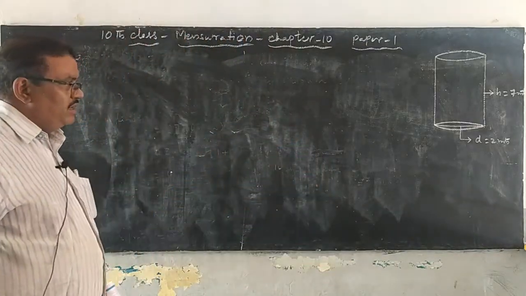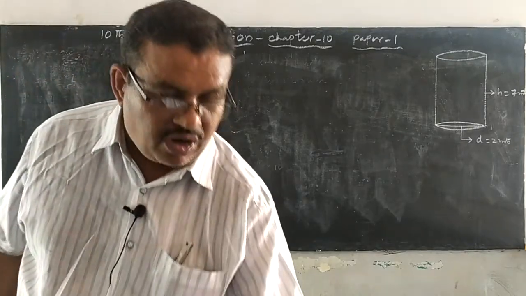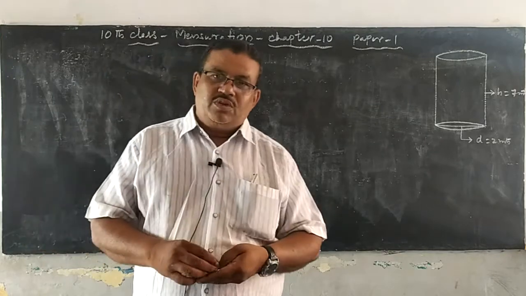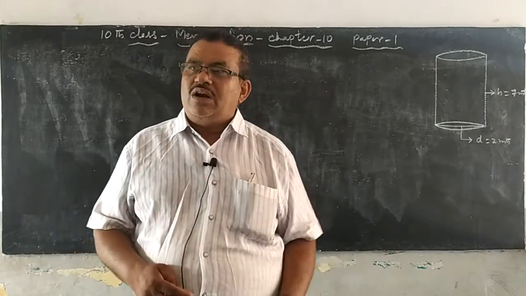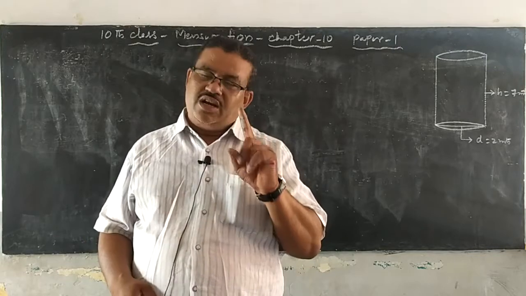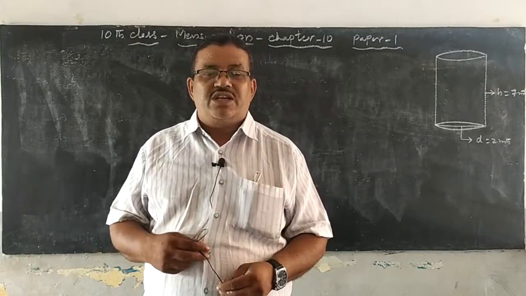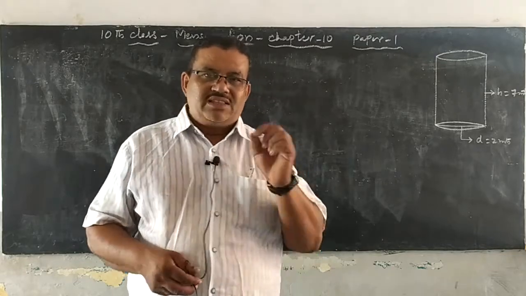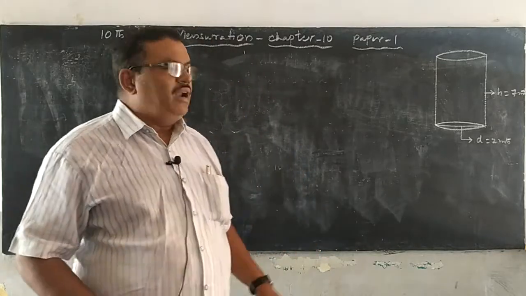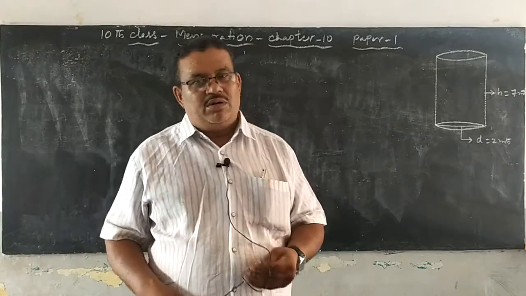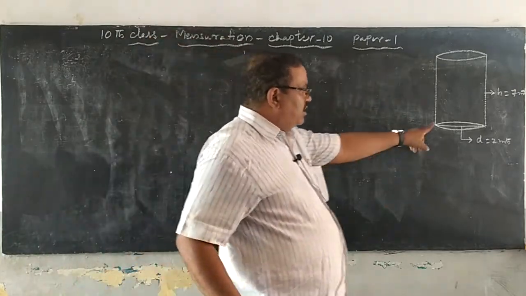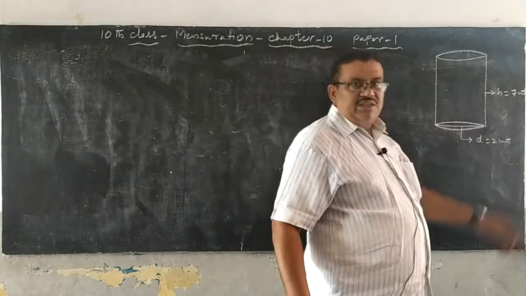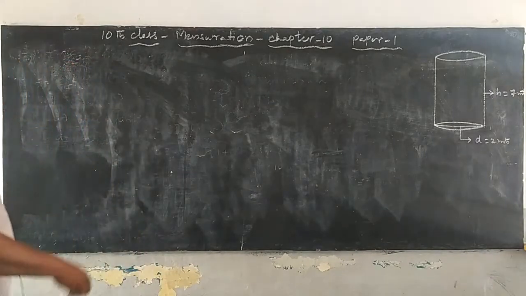Let us see. The problem is I have to draw a drum, a cylindrical drum. Generally at our home, two types of water drums are available to us. One is cylindrical, the other one is cuboidal shape. At the top of the building, the tanks are in these two shapes, and cube shape is also available. Okay children, the diameter of the cylindrical drum is 2 meters. Height is 7 meters. Let us go through the solution.